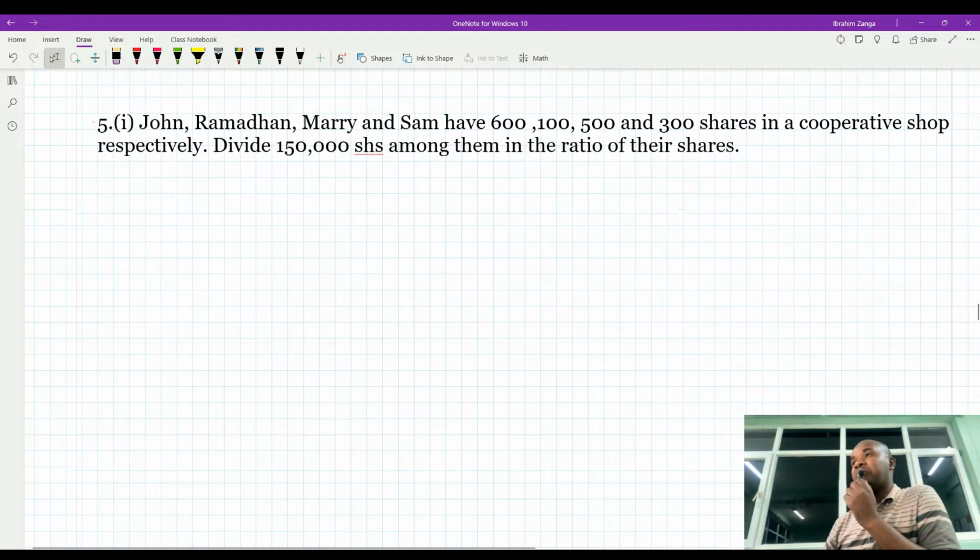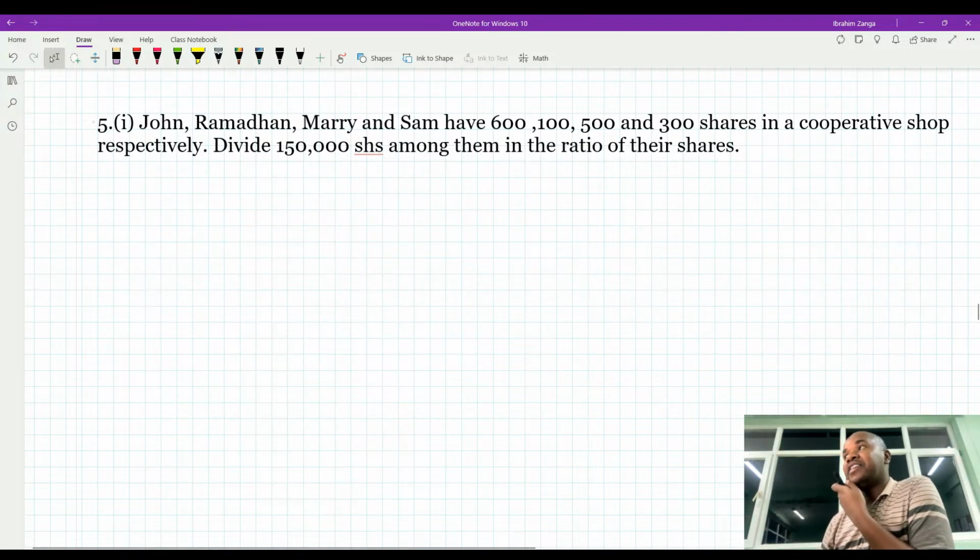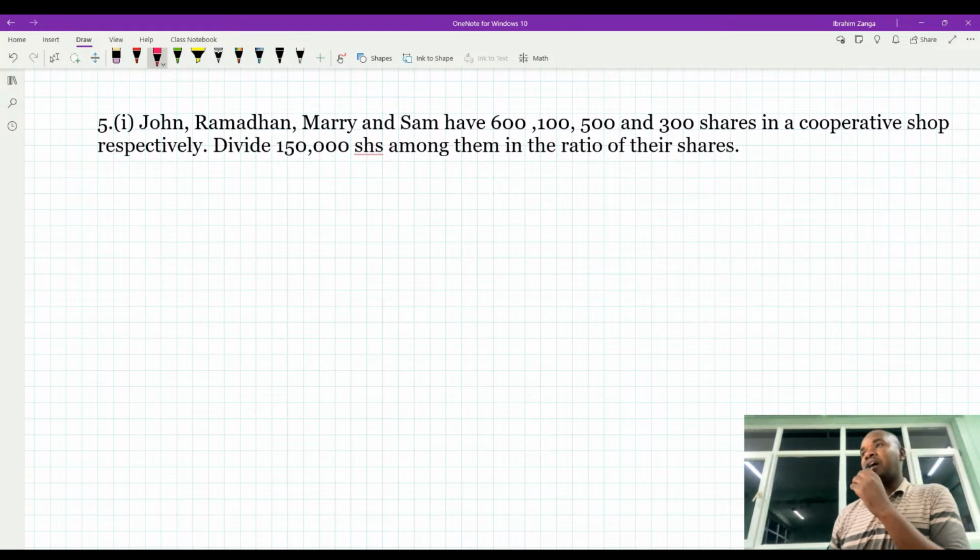John, Ramadhan, Mary and Sam have 600, 100, 500 and 300 shares in a cooperative shop respectively. Divide 150,000 shilling among them in the ratio of the shares. So the first step is to identify the ratio we are going to divide. And if you're going to consider John